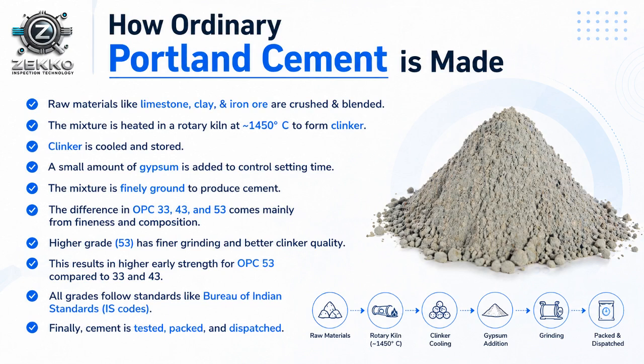Clinker is then ground with gypsum to produce final cement. The clinker is cooled, mixed with a small amount of gypsum to control setting time, and finally ground to produce the final cement product. The difference between OPC 33, 43 and 53 grades mainly lies in fineness and composition, where higher grades like OPC 53 have finer grinding and better clinker quality, resulting in higher early strength. All grades comply with Indian standards set by the Bureau of Indian Standards, and finally the cement is tested, packed